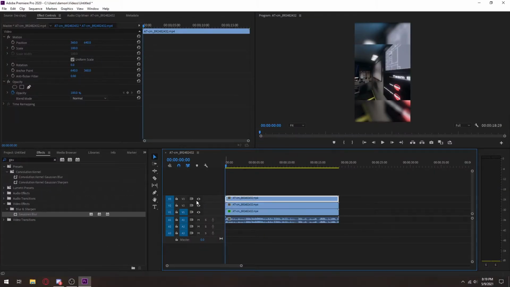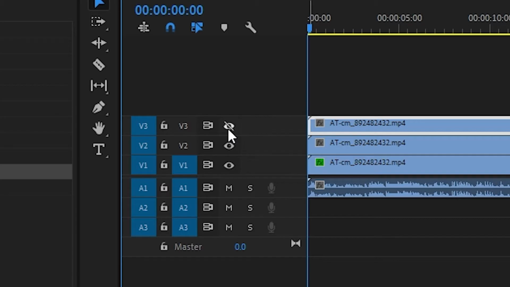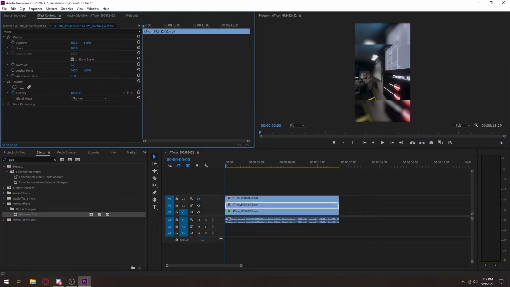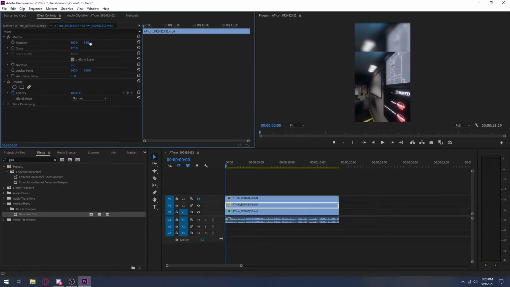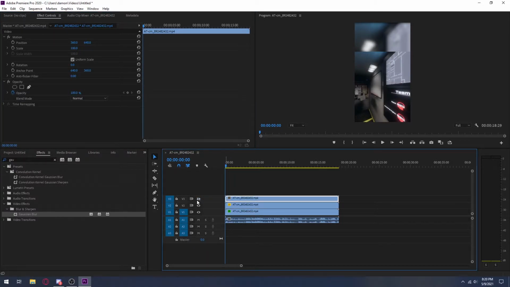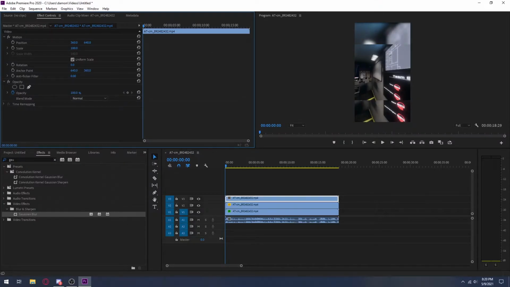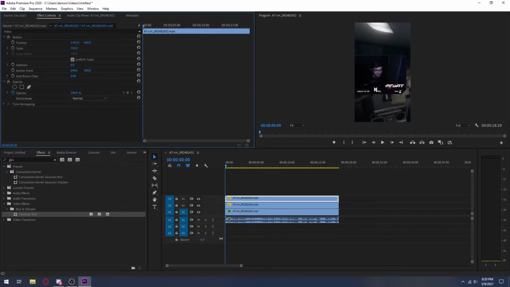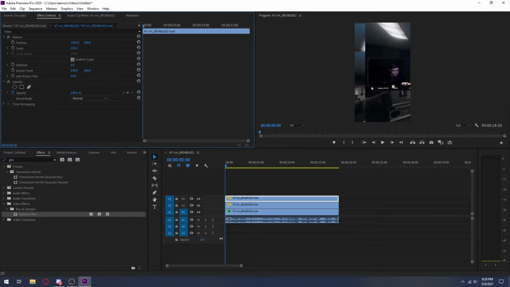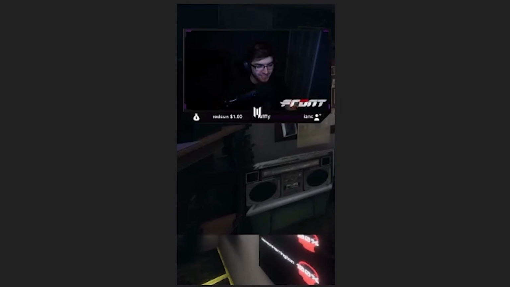For the top clip, what you want to do is just disable it with the eyeball, and then for the second clip, what you want to do is scale it up enough to where you don't see your webcam anymore, and then lower the vertical axis on the game so you'll have enough room for your webcam at the top of the screen. And then for your top video, you're going to re-enable the clip, scale it up to where you want your webcam size to be. So for me, I like to keep the whole webcam in, and I don't like to cut off any of it, so something like this is good for me. And then just position it to the top.